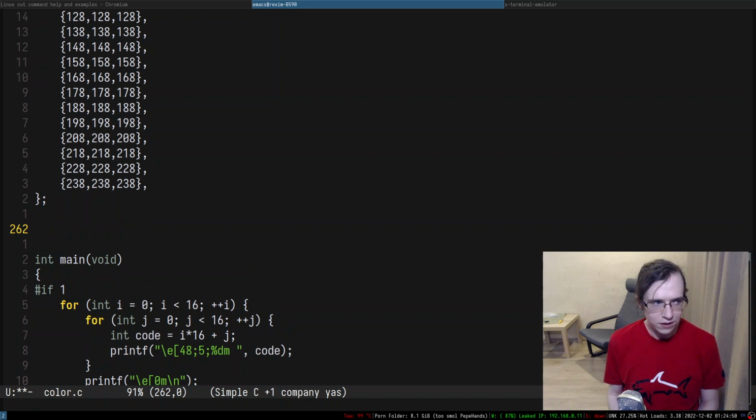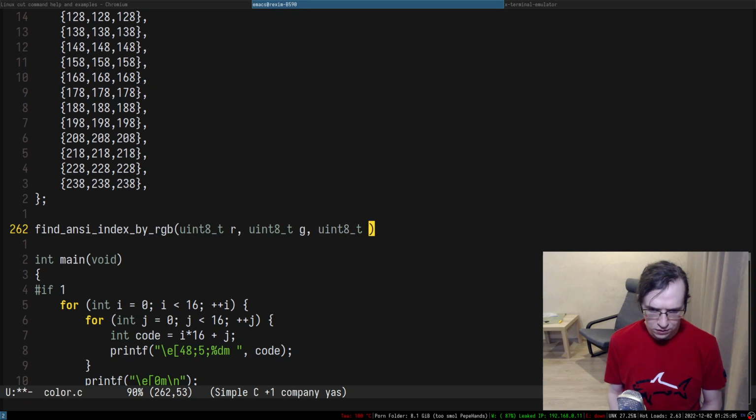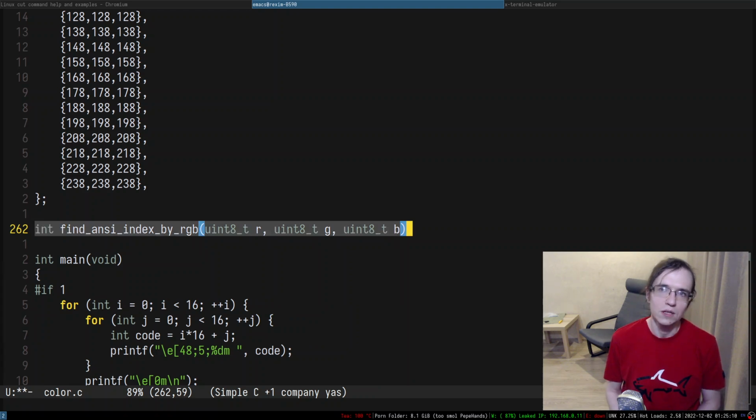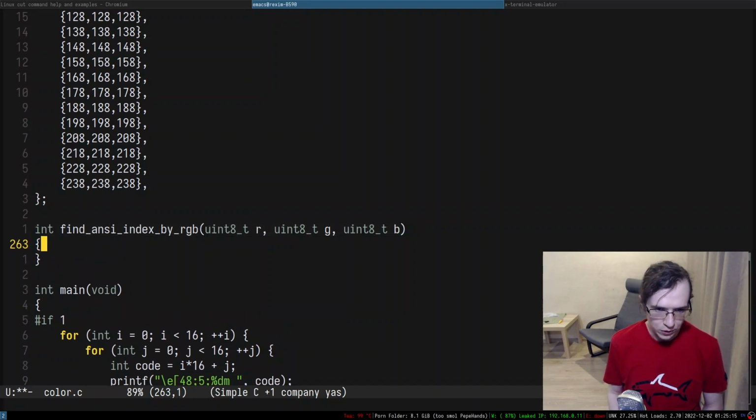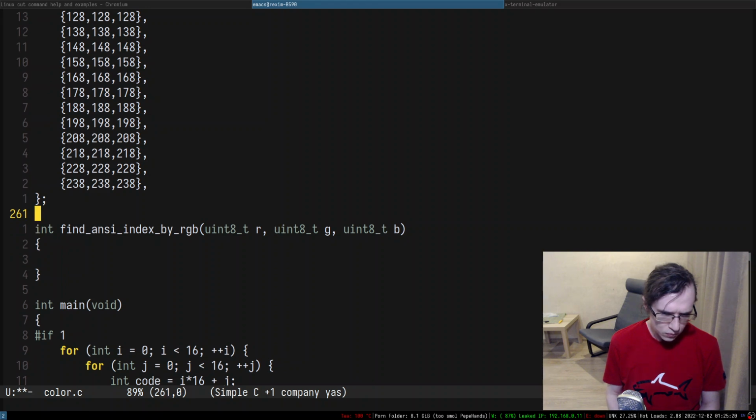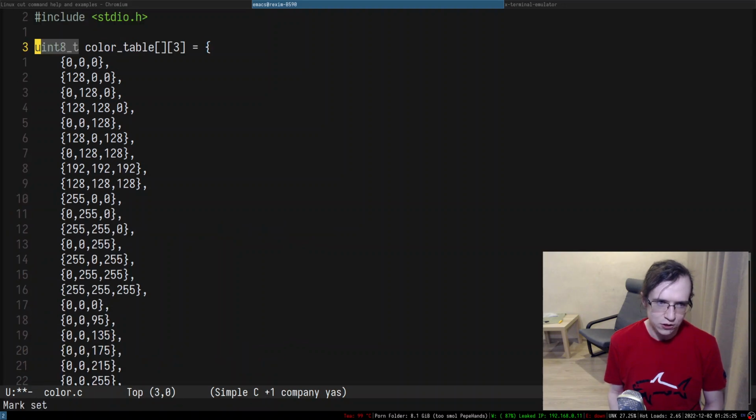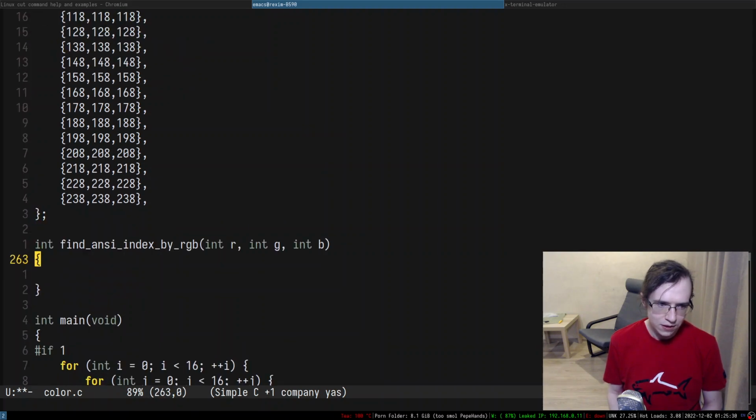Okay, so let's do something like find ANSI index by RGB. So we're gonna provide uint8 r, uint8 g, uint8 b. There we go, and it should return basically the integer, right? So we should always return something, because we're looking for the closest one anyway. So you know what? Let's do the integers. It does not necessarily have to be uint. So, and let's just go